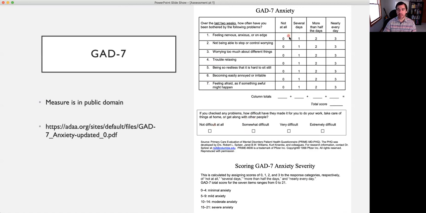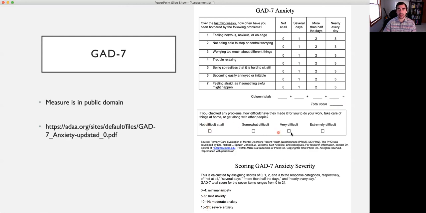Again, people are basically writing their responses down, and the clinician or an office manager or someone involved in whatever setting this is being administered in is scoring this measure. And it gives some thresholds in terms of different markers for severity of generalized anxiety symptoms. So if you score 0 to 4, again, this would be the total that you get here, it's minimal anxiety, 5 to 9 mild anxiety, 10 to 14 moderate anxiety, 15 to 21 would be severe anxiety.